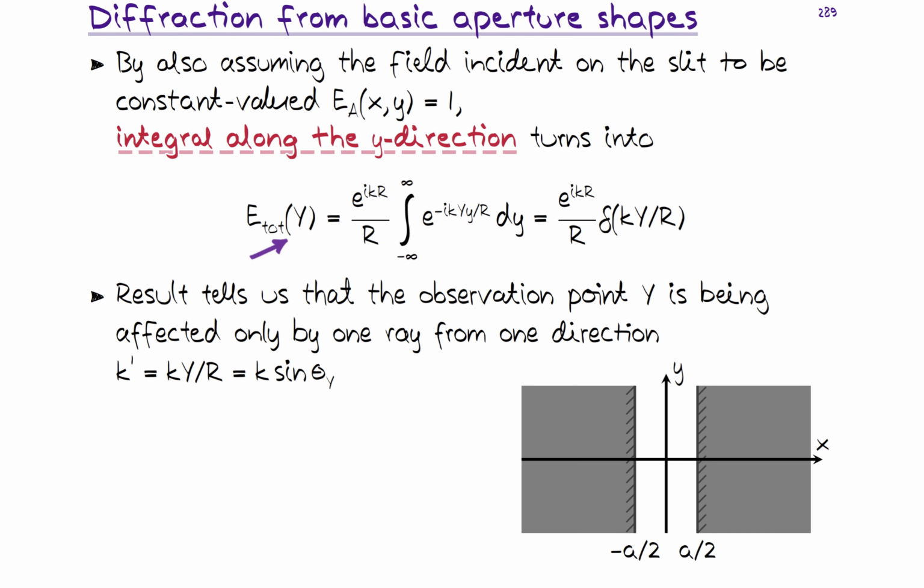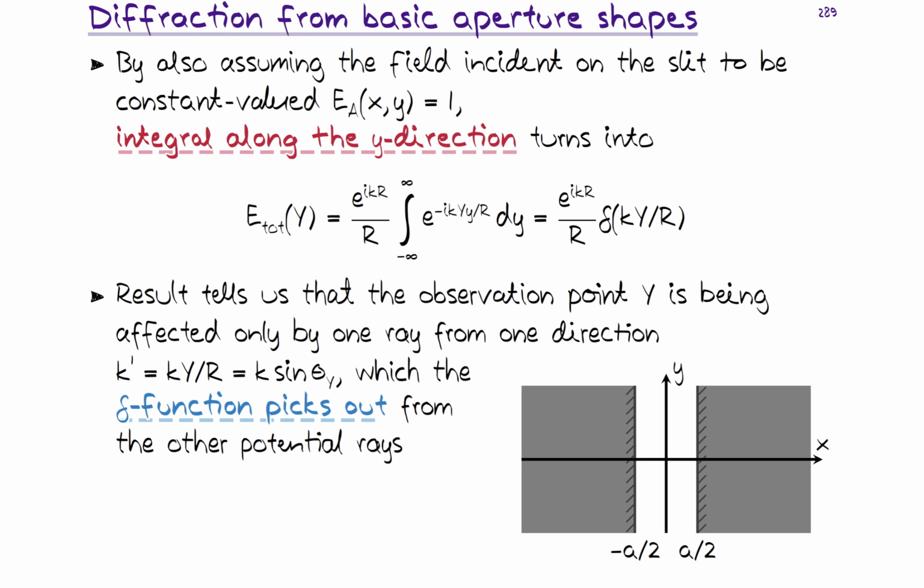And now this diffraction of light along this y direction, we only are being affected by this kind of physical reality. So in fact, the delta function picks out a single ray and no other rays potentially blur the diffraction profile along the y direction, but rather it stays crisp and sharp when we are looking at things. So essentially, physically, this means that the light is not being diffracted along the y direction because the slit extends